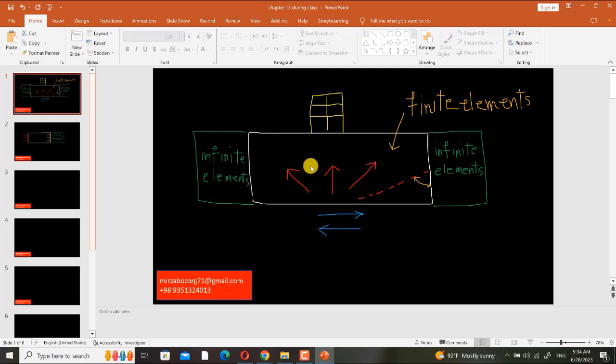When you apply gravity load, as we do not define boundary condition for the infinite elements, then some rigid body mode deformations will happen. It means that it will move down, but this movement is small and there is no problem here.